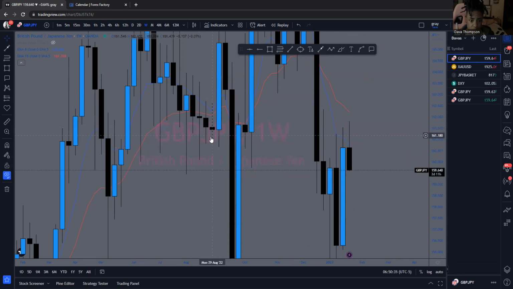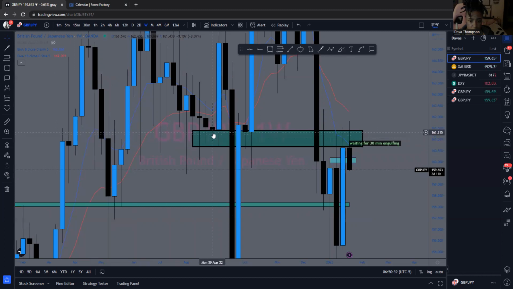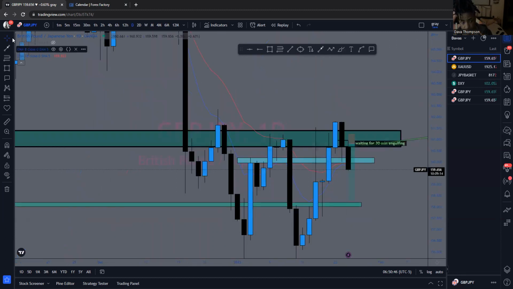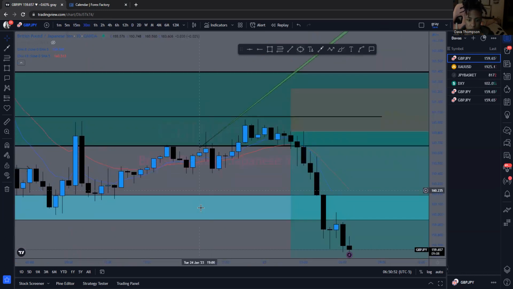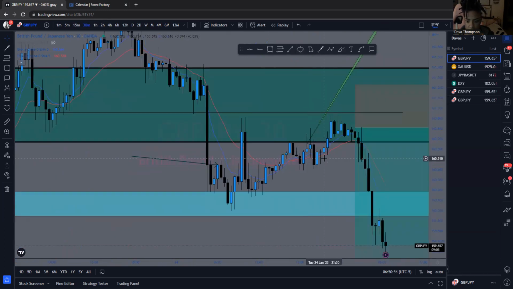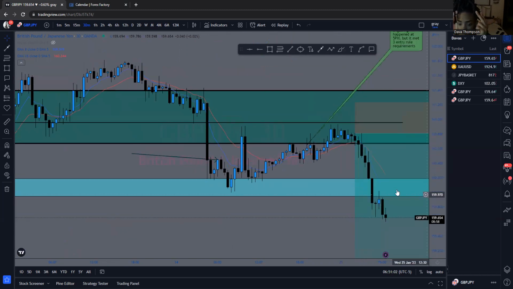You have support created right here. Understand that this is the zone of exhaustion on the weekly time frame. So we can go to the 30-minute. Price came back up into this level. And this other confluence that would have told you that volume was going to come into the markets was